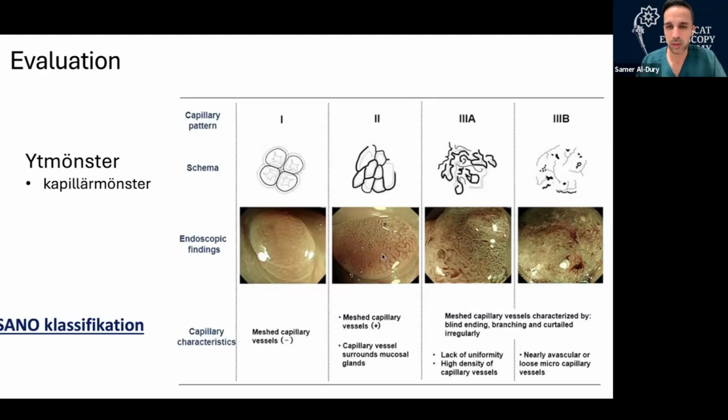Because you may say that this lesion looks regular, and then you start chopping at it. After removing one or two pieces, you see naturally that part you were not looking at before, which looks slightly more irregular. Or maybe you miss it altogether, and then you end up removing a lesion that ends up being a T1 that should have been done in a different way. So I think this is where learning the classifications